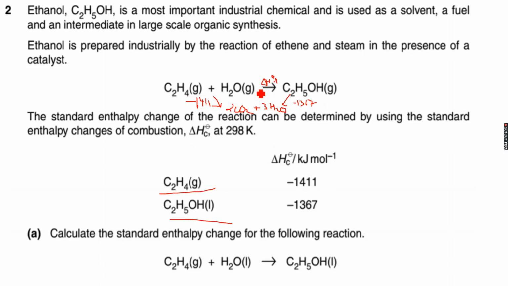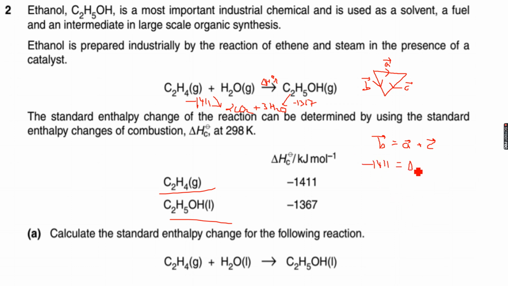And what we have to calculate is delta H naught R of this reaction, the enthalpy change of this reaction. So let's make our vector triangle. This is A, this is B, this is C. So when we derive a relation, we know that B will be equal to A plus C, and if we apply this to the triangle over here, then we know that minus 1411 is